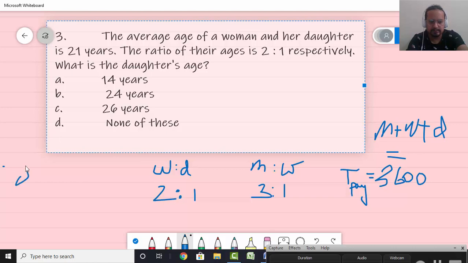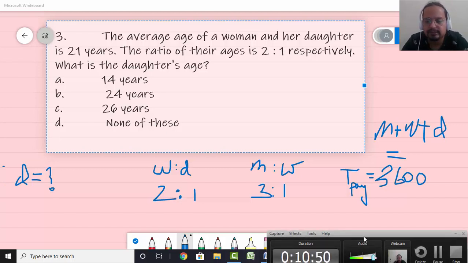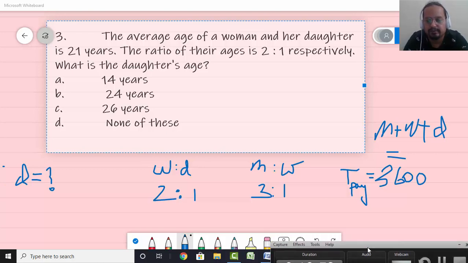So I've just converted this into another type of question that comes in the exams. This is now a wage problem. So let's pay attention here. Now, wage is always proportional to the work done. You get paid according to the amount of the work that you complete. So how do we combine ratios?